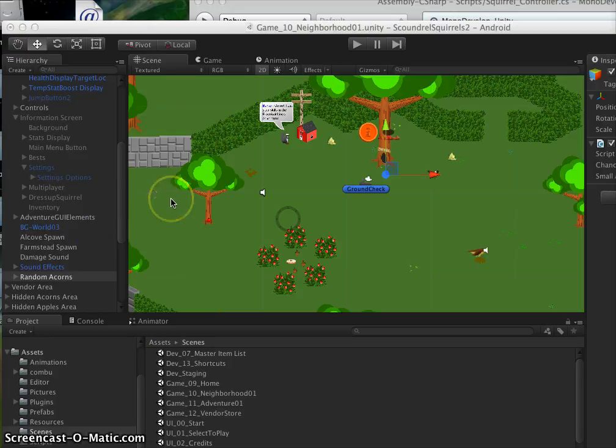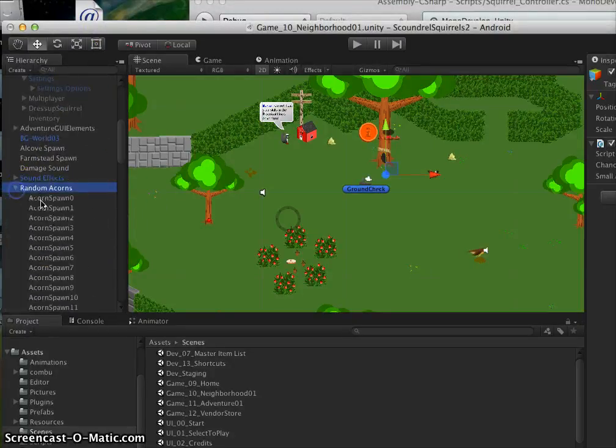Let's see here. There were lots of things that I have added. I did not complete all of the milestones, but there is a lot of content that I have added. Some leftovers from the previous milestone: random placements of the acorns in the neighborhood area. If we take a look over here in Unity, we have random acorns and an object here, and underneath that